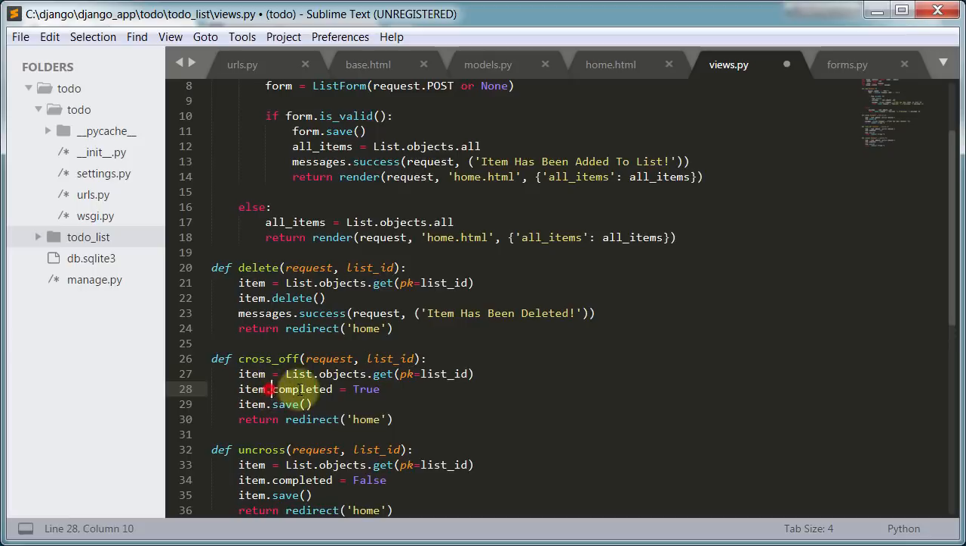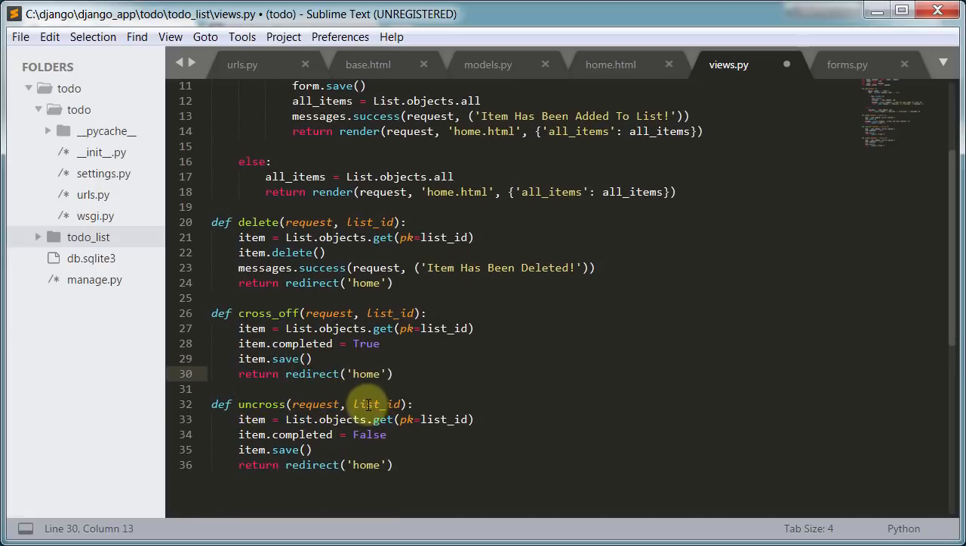And then we want to change our completed from false, which is what it is now, to true, right? So if we want to cross it off, we want it to be true that it has been crossed off. It has been completed. Then we just simply save this item back to the database and redirect home. Same thing here. We want to uncross. We pass in the ID. We create the list item, and here we want to change the completed to false because it's true, it's been crossed off. Now we want to uncross it, so we want to change completed to false, and we save it,